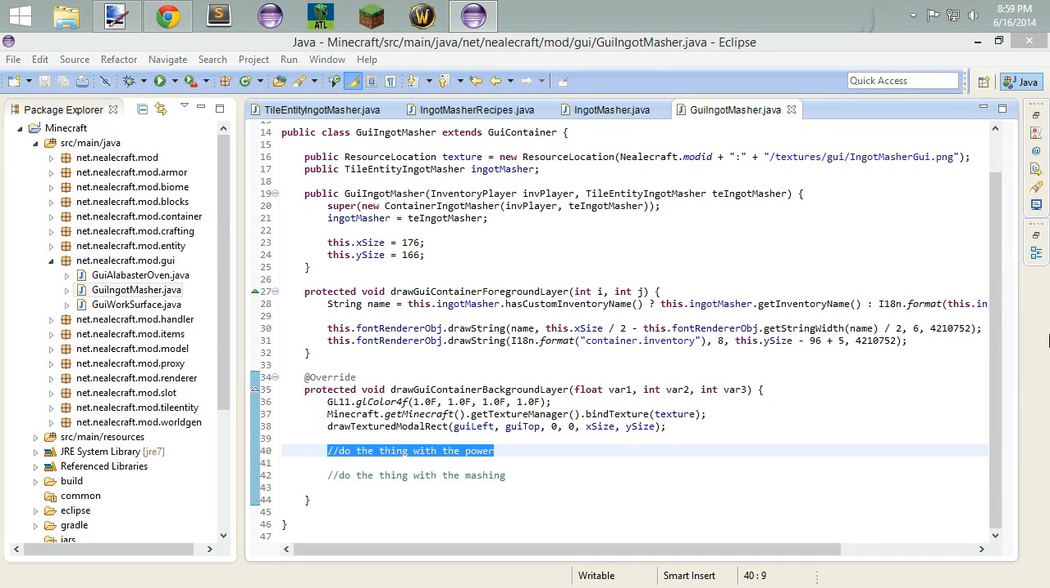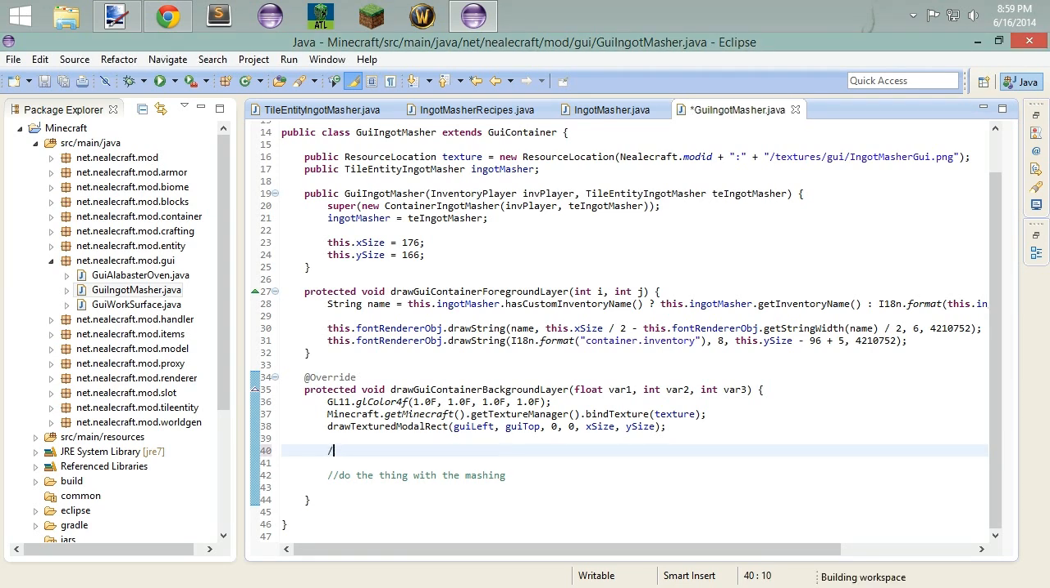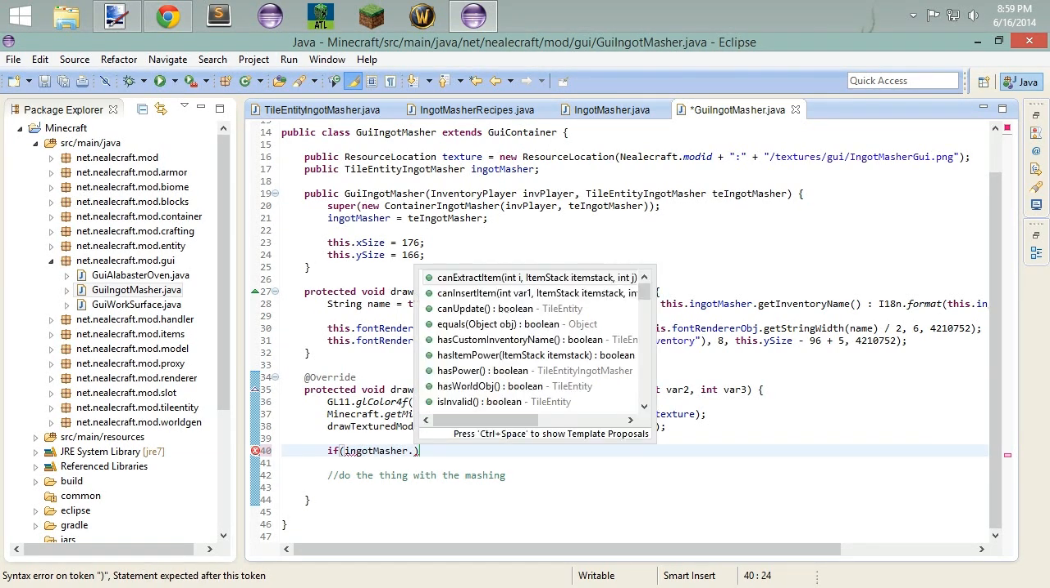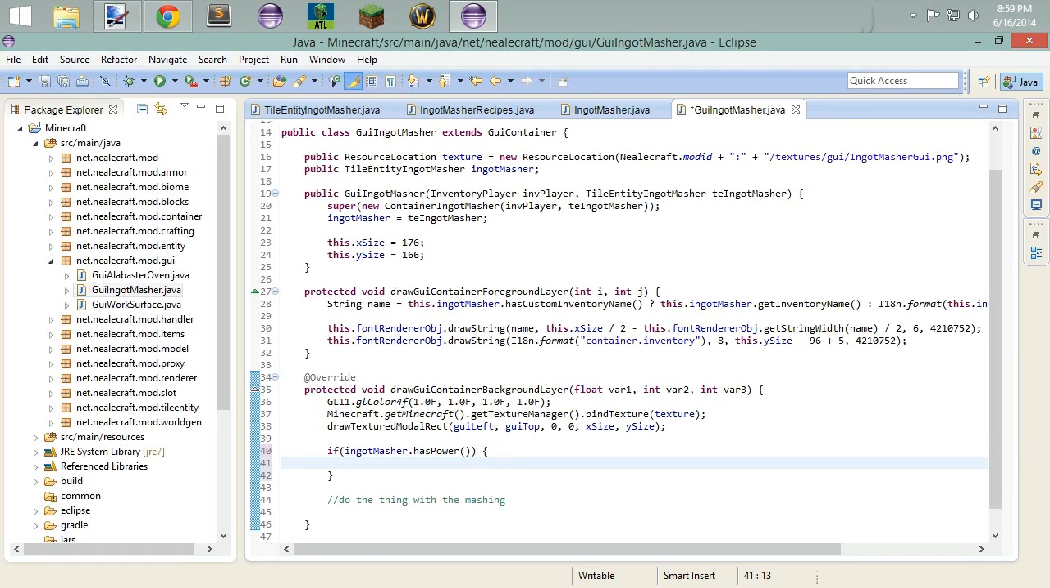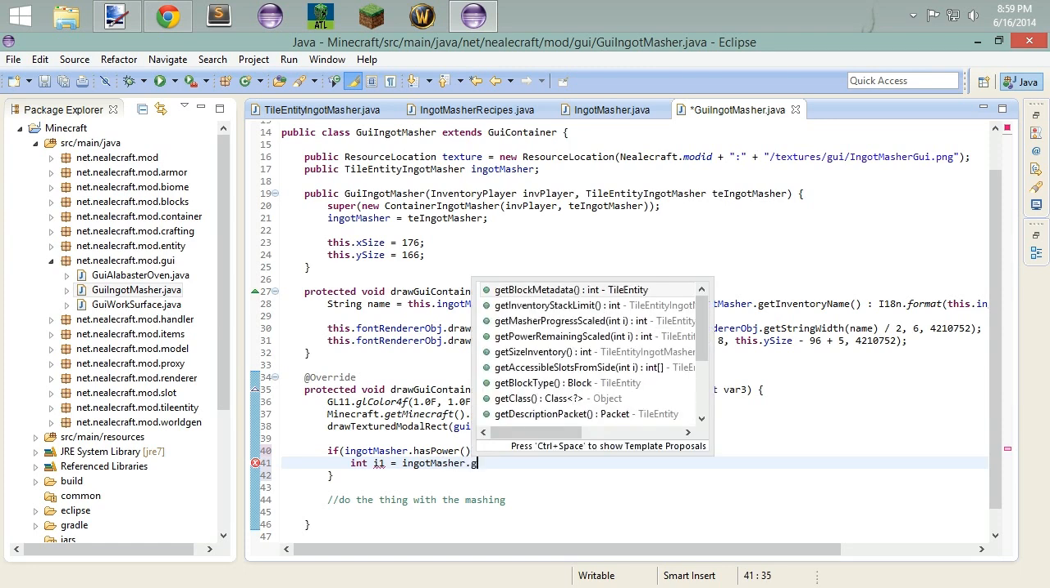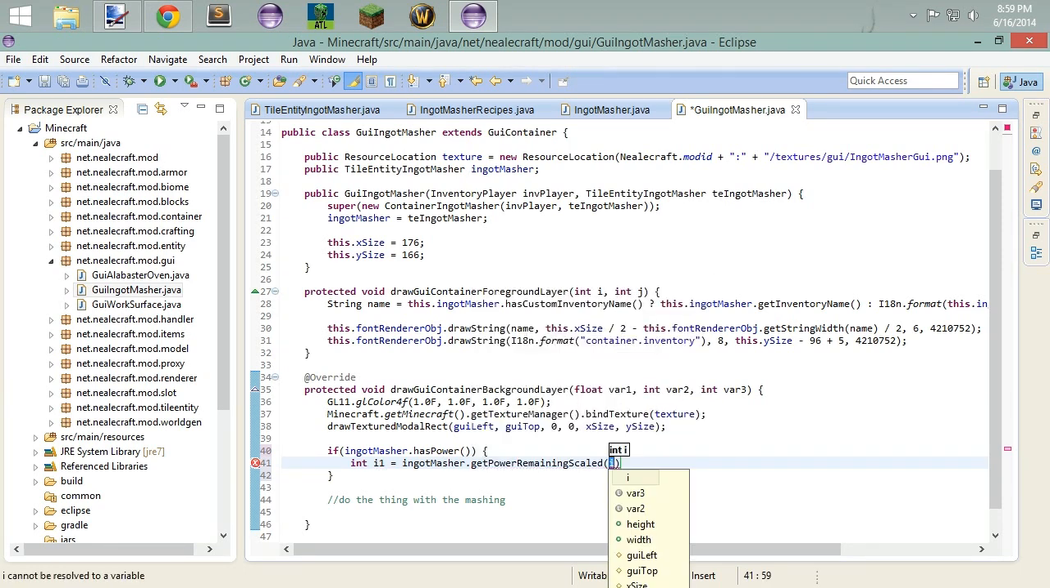So, what did we name this? So we are going to say, if ingot masher dot has power, then we want to say int I1 is going to be equal to ingot masher dot get power remaining scaled, and our power remaining scaled, let's do 45,